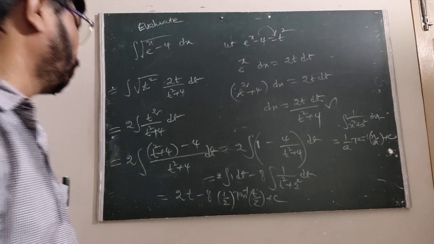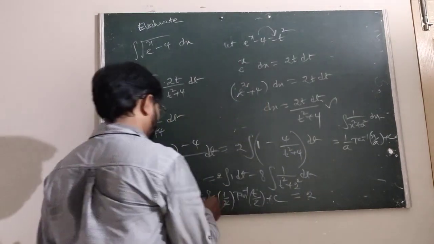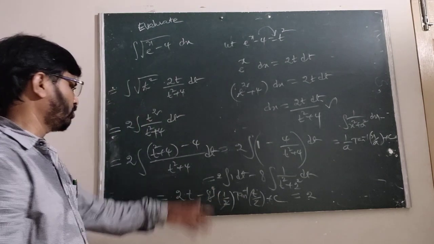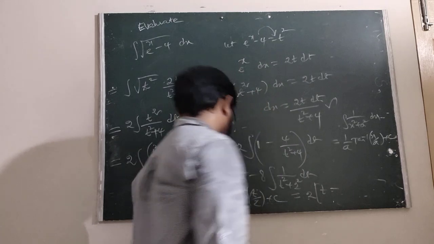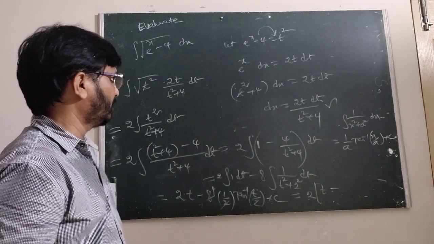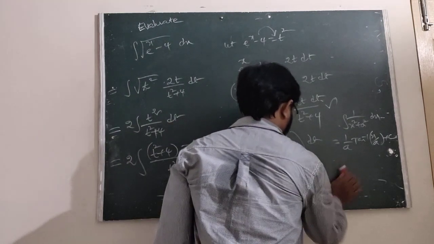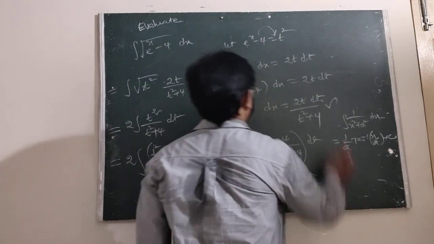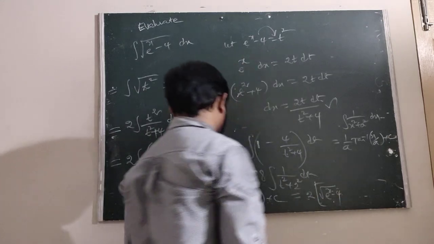X is t by 2. Now this is clear here. 2 into 2 ones are 2, 2 fours are 4. We have to take the common factor 2. That is t minus, what is the t here? Root of e power x minus 4. That is also substituted in this. We can write t is here the square root of e power x minus 4.